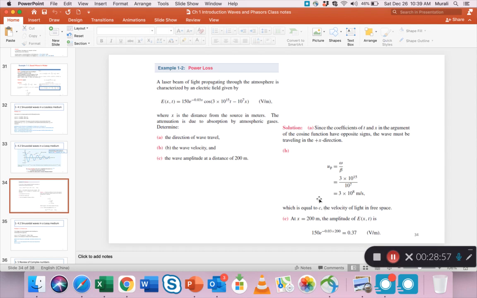Lastly, in this formula, if you put x equals 200 meters, because this is all in meters, so just substitute 200, then you should get E, the value at E, and also x equals 200 here. Remember, even this exponent function carries an x. So if you put the x value 200 in both and you calculate